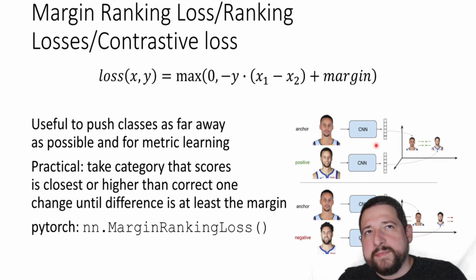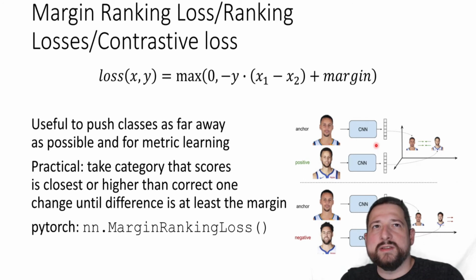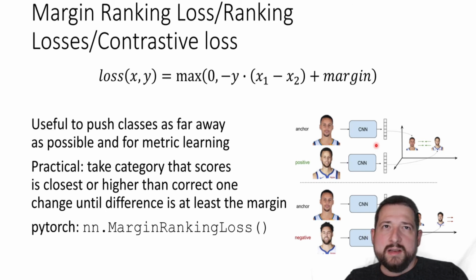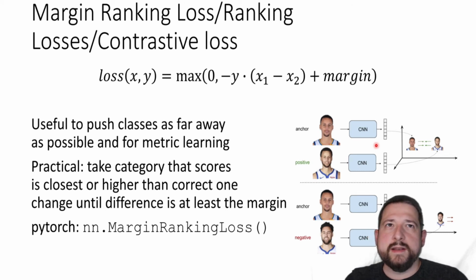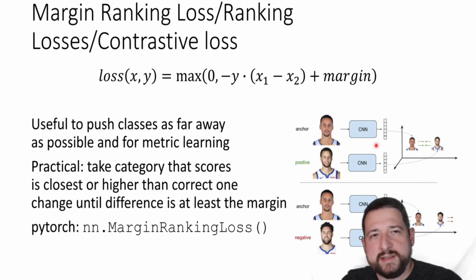So margin ranking losses are becoming a very important category of losses. Unlike other loss functions such as cross entropy loss or mean square error, whose objective is basically to learn to predict directly a label or a value or values given an input, the objective of ranking losses is to predict relative distances between inputs. So this task is often called metric learning,